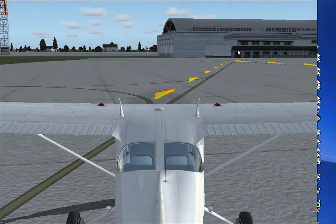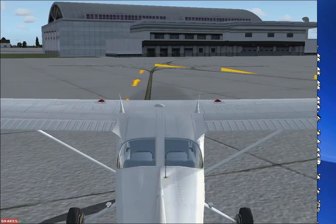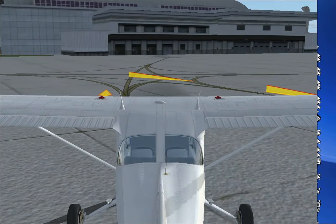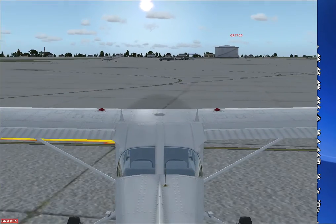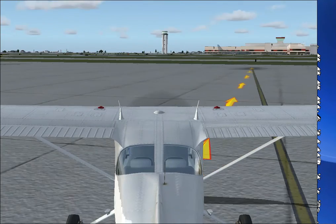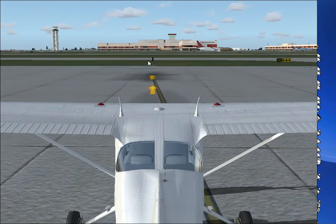Another plane getting directed via Dixie, which is good enough because we're down south. I don't know if there are any other... alright, now we need to just kind of make a sharp turn onto this park taxiway. And we're pretty much at the gate. Pretty much at the gate now, so it doesn't really matter how we park. We don't need to be experts. I mean, I'm sure not many Cessnas ever...